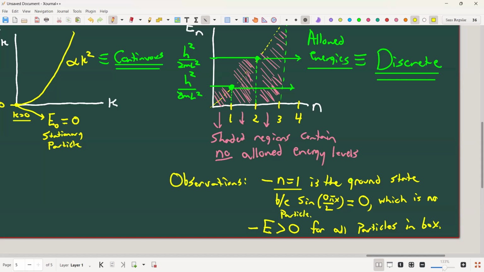So what that means is that it's impossible for me to ever cool this box down to 0 Kelvin, absolute zero, because there's always residual energy in the box. There's always h squared over 8mL squared residual energy in the box. Always there. If there's a particle in there, it always has to have at least that much energy. So it's impossible to ever pull down to 0 Kelvin without destroying everything, because everything has some residual leftover energy